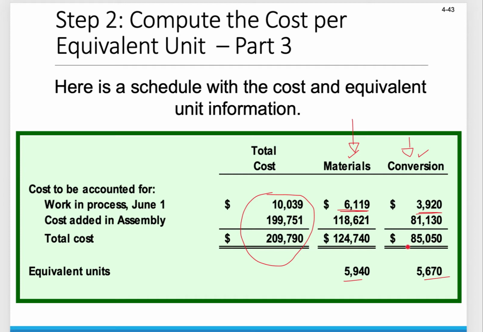We have in total cost with respect to conversion $85,050. Okay, guess what? We have our equivalent units. All we got to do is divide this total cost with respect to material by the equivalent units with respect to material. Okay,